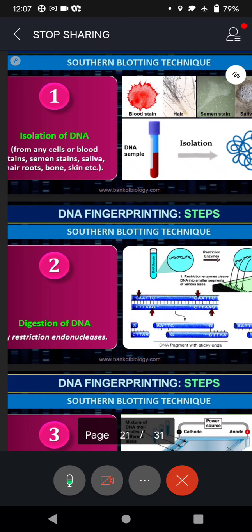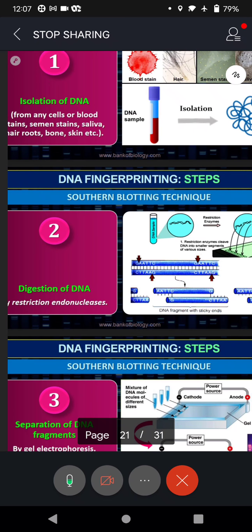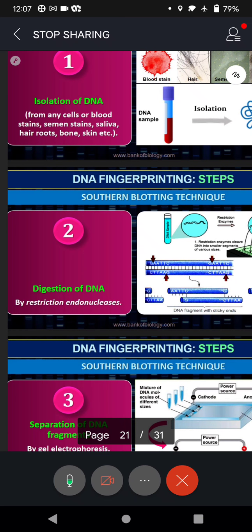Second, digestion of DNA means we are going to cut the DNA into small fragments. You see, digestion means what? Breaking a bigger thing into smaller ones, isn't it? And we can't cut this with a knife or a scissor, all of you know, because we are not cutting vegetables. Here we are cutting DNA. And we need a biological scissor, not an ordinary physical scissor. And which is that biological scissor? An enzyme called restriction endonuclease.